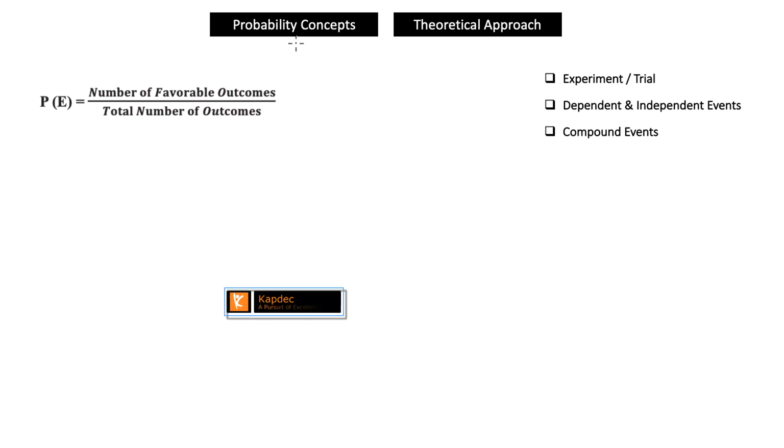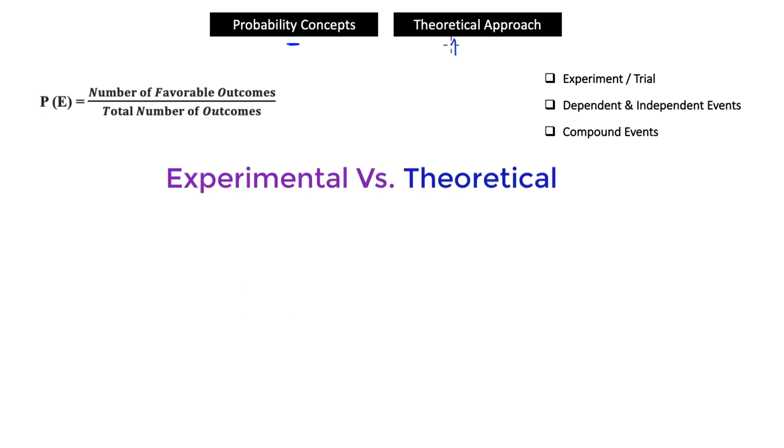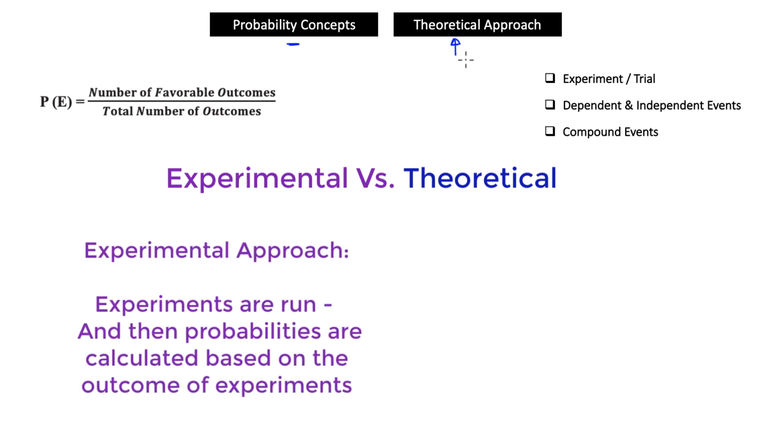So up until this point, we have learned about the probability concepts using the experimental approach, right? Well, in this case, our focus is going to be on the theoretical approach. How is it different from experimental methods? Well, the answer lies in the word itself. In the experimental approach, what do you do? You actually run an experiment, right? And then you get your required or the favorable outcomes out of the space of all possible outcomes, correct?